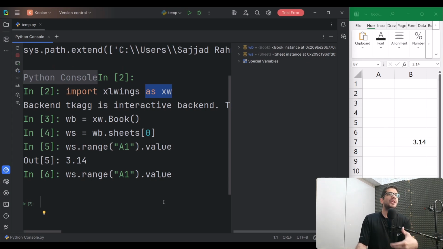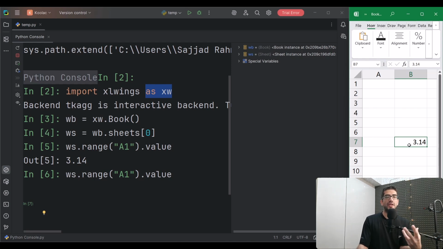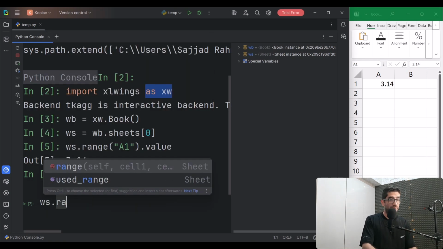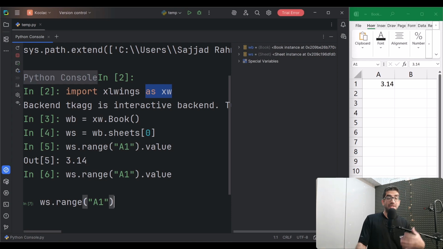And maybe you ask, how can we fix this? For example, suppose that this is a constant. This is something that we need to work with, and this Python package should consider that. For example, if I cut this anywhere else, it should know that this value has been moved to some other place. How can we do that? For doing that, we can simply type ws.range A1, because now the value is in A1, and we want to say for the value in A1, the name of it